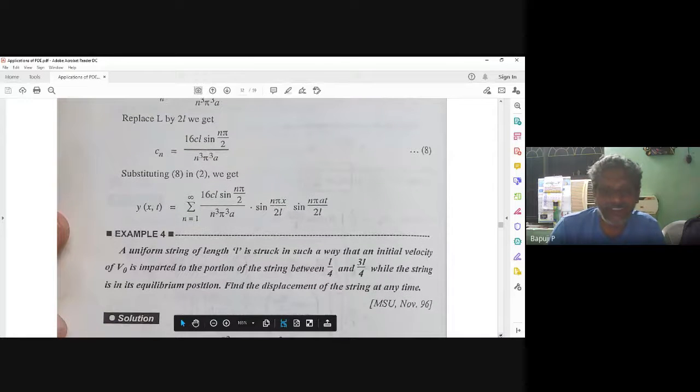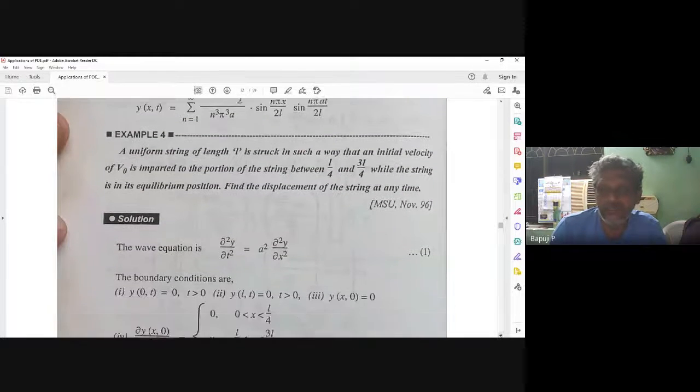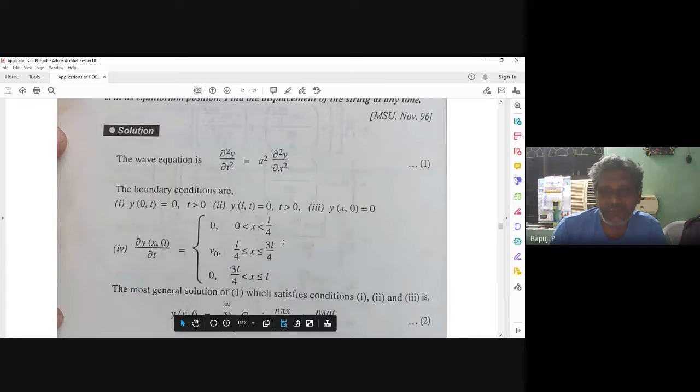This problem is also not that important. If you want, you can see. Two limits you have to write: 0 to L by 2, and L by 2 to L. This is how to fix it. Then you can write, same story. But 0 to L only. But this fellow 0, in between only, this is valid. Just substitute it.